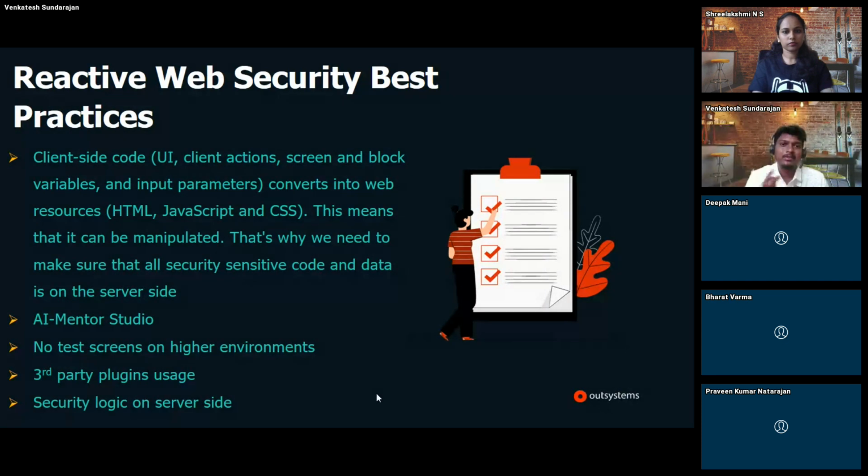I have seen 60 to 70% of the plugins can be converted from traditional to reactive. The only difference is the UI element, the widget. Reactive widgets might be the difference. The JavaScript files, the coding, everything at the back end they have consumed it might be the same as in the traditional. So that way we can convert a traditional plugin to a reactive plugin, and we can use it in our